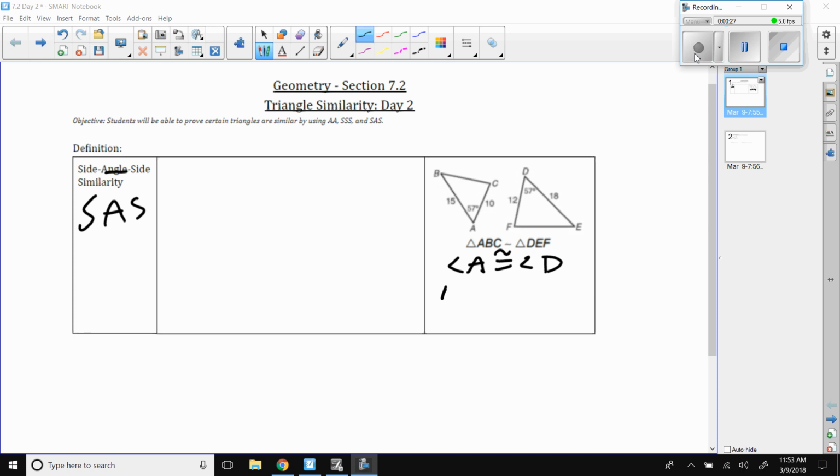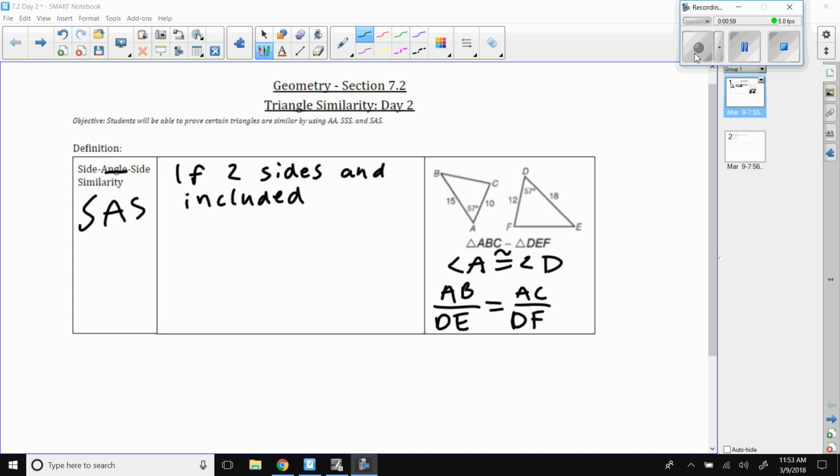got this similarity ratio, AB over DE is going to be proportional, so it's going to equal AC over DF here. Okay, so those are going to be proportional. So what this says here is that if you have two sides and included angle are proportional and congruent, and with congruent we're talking about the angles